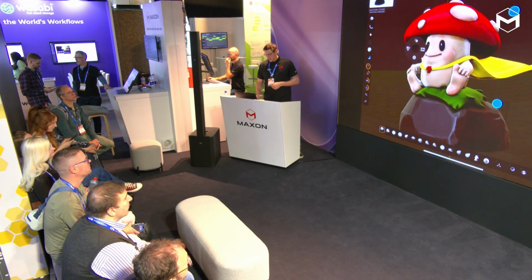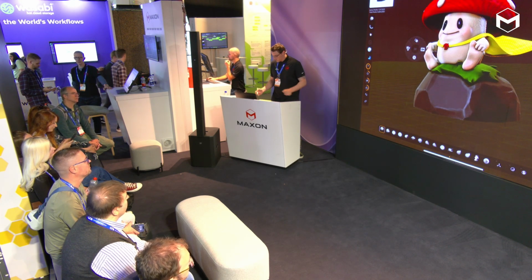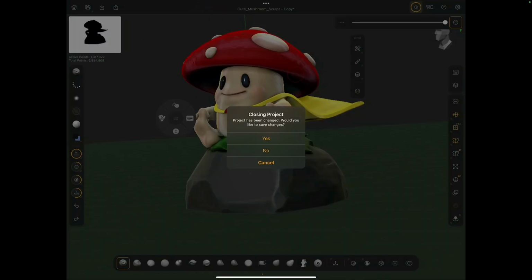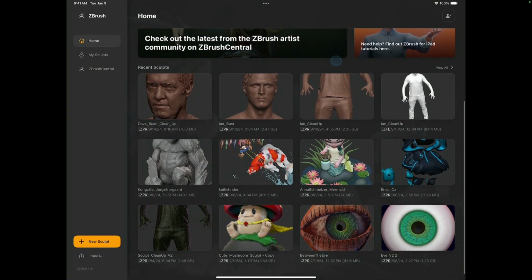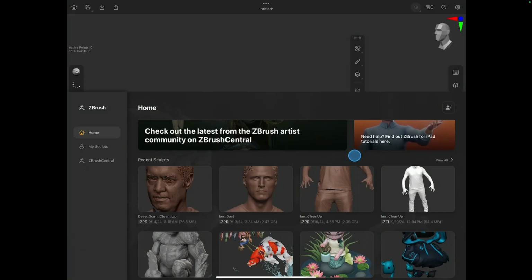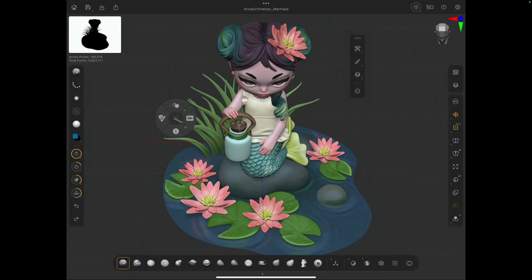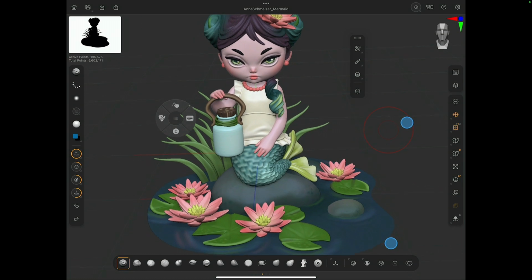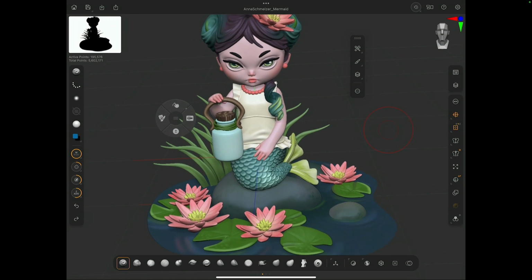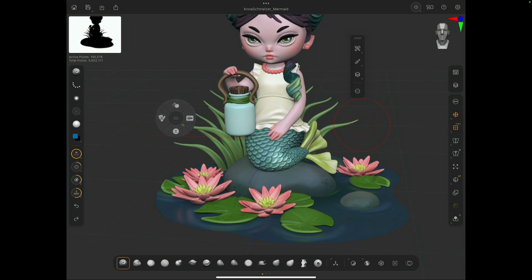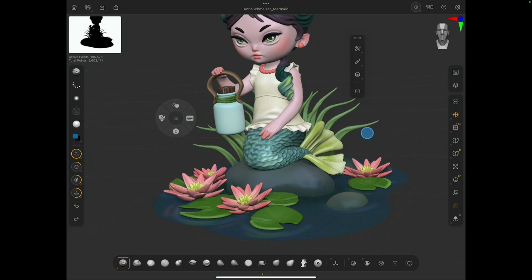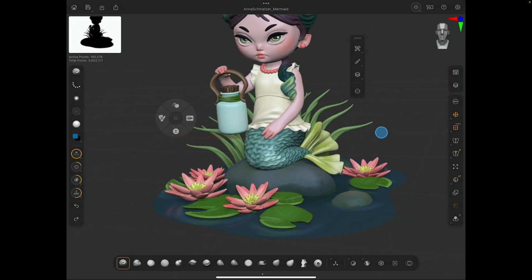Cool. I only have a few more minutes left, but some of the things I would like to shout out real fast is just show you how powerful this is. And we have quite a few different sculpts. One of them that I'm going to pull up right now, sorry, I've already butchered her name, and I so apologize. Anna Smeltzer. She's actually presenting, I believe, tomorrow. So this is one of her models. She was a beta tester here, and you can just see the level of detail and just how beautiful of